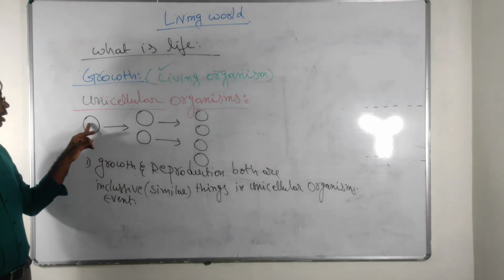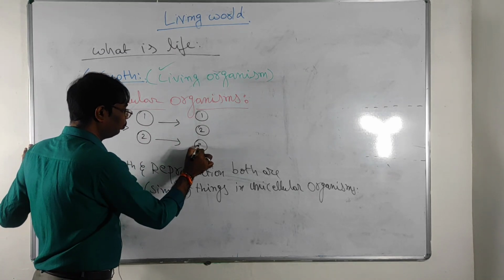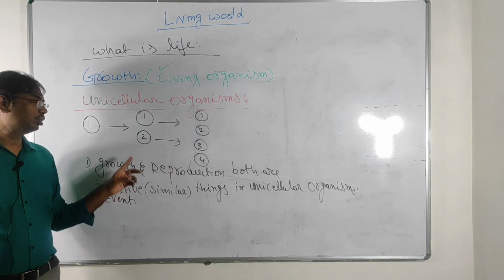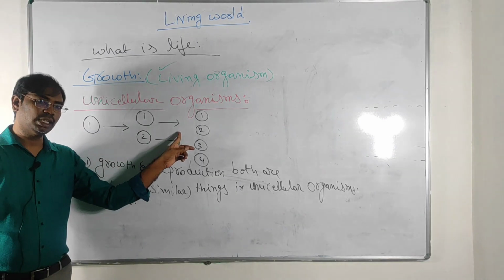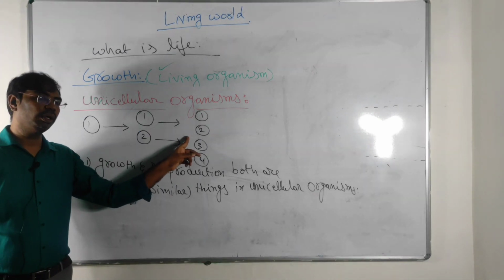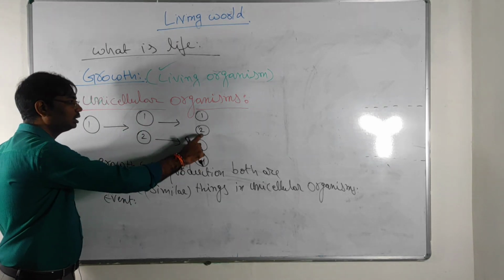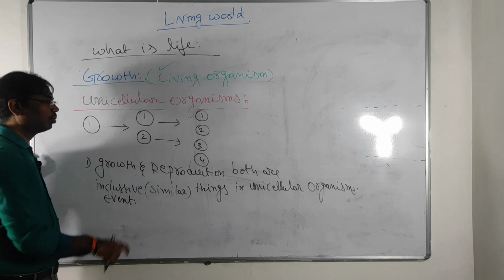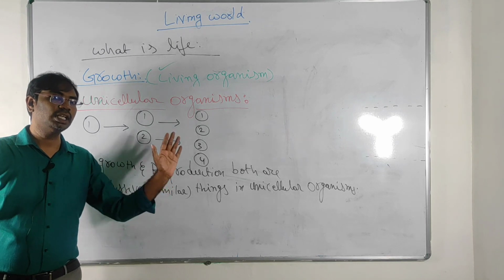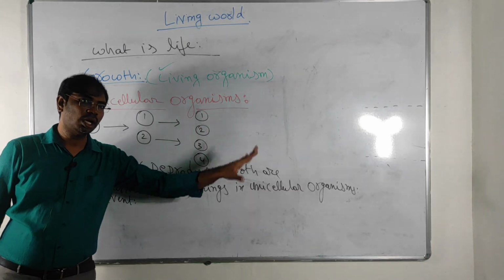Now tell me, one cell it will become 2 cells. 2 cells it will become 4 cells. Then now tell me, is it called growth or reproduction? So we can say if the number is increased, it is an example for the growth. At the same time, if the cell number is increased, this is also called reproduction, because the 2 cells are reproduced from the first cell. So the 4 cells are reproduced from these 2 cells. So because of that, this diagram is an example for growth. At the same time, this diagram is an example for reproduction also. So this is about growth in the unicellular organisms.